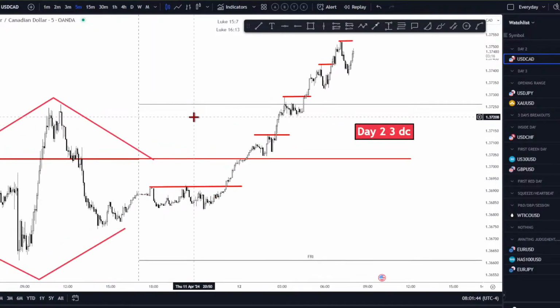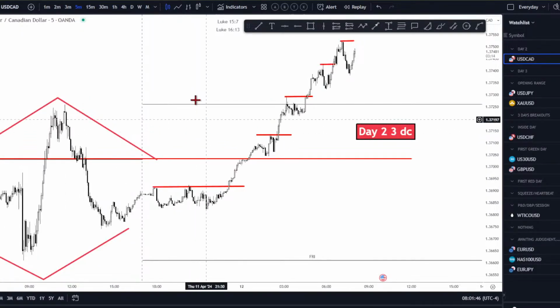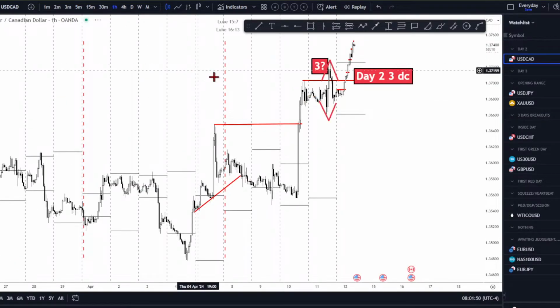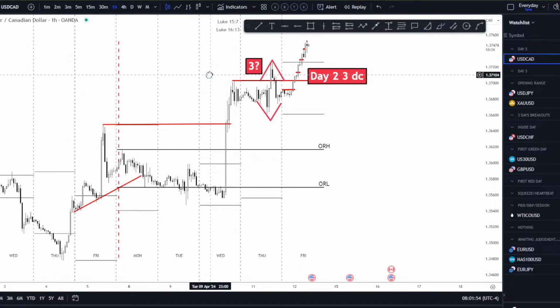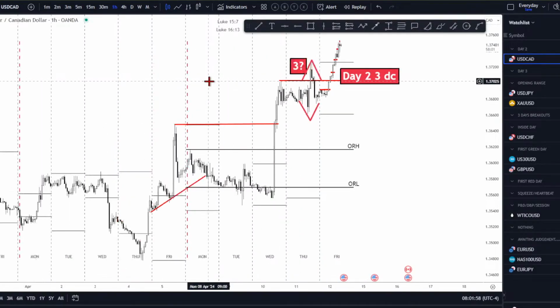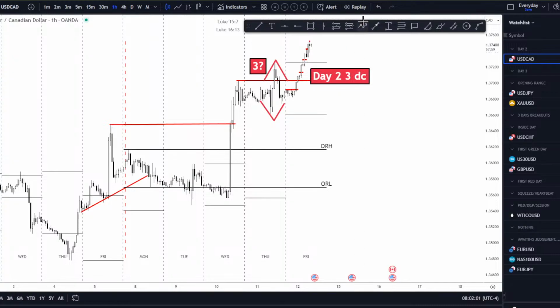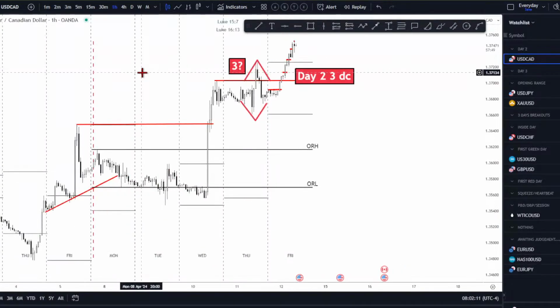Let's start going over the morning analysis coming into the session. We've had some pretty interesting weekly templates leading us into Friday. I'm going to be starting out on the CAD. Just remembering that throughout any given week, we're looking for those nice weekly templates, 3 levels of rise and fall, first red, first green, all those types of templates that are aligned with the types of setups that we're